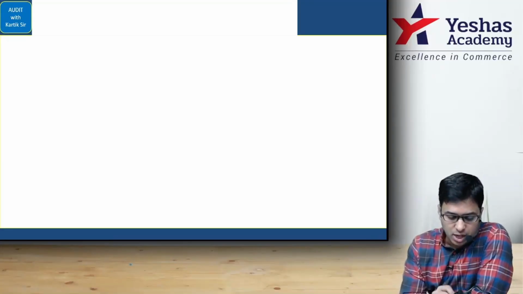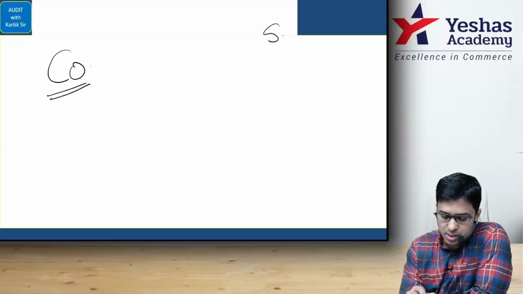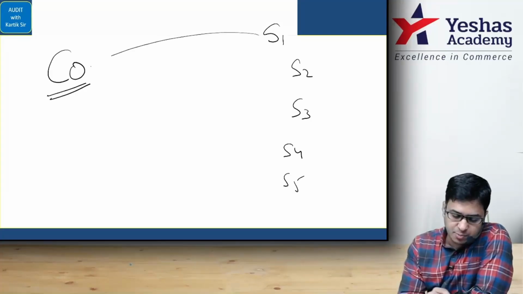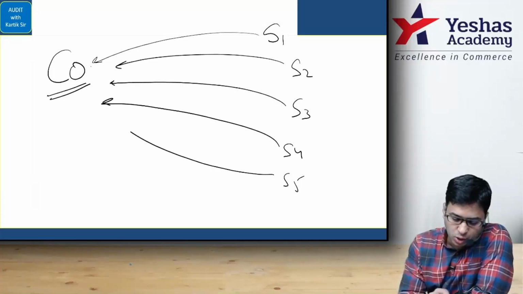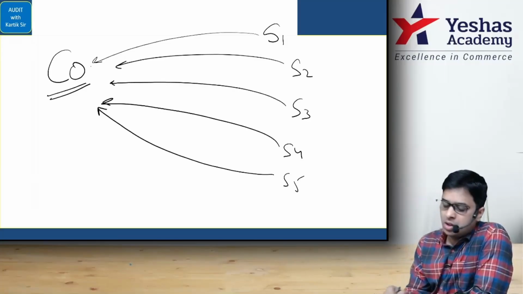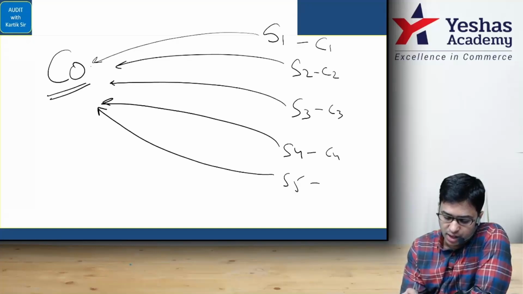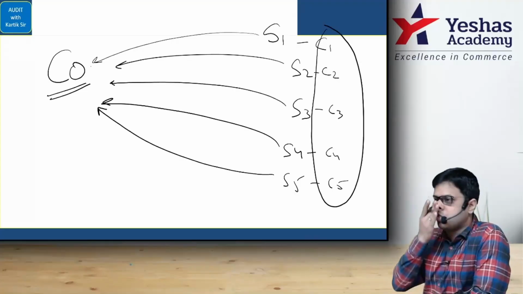What must happen, everyone understand. Look here, you should know this. There are 5 suppliers of the company: supplier 1, supplier 2, supplier 3, supplier 4, supplier 5. The company has purchased raw material from each one of them, let's say, which goes in crores, and the company has not paid them. So of course, they become creditors: creditor 1, creditor 2, creditor 3, creditor 4, creditor 5. You have still not paid them for, let's say, 3-4 years.